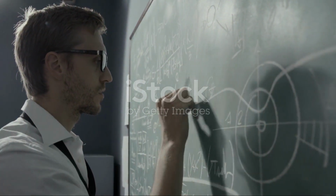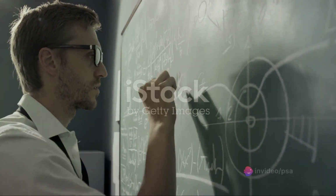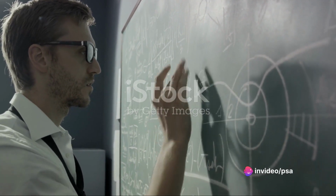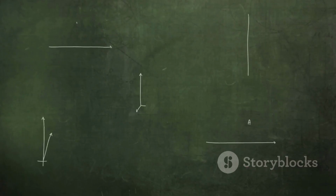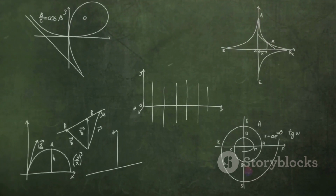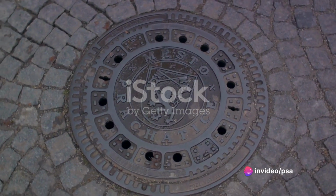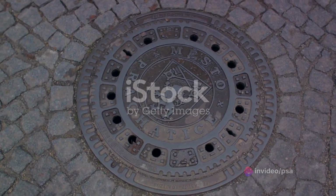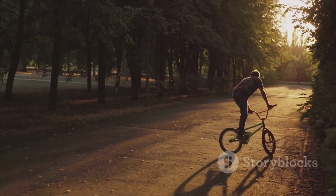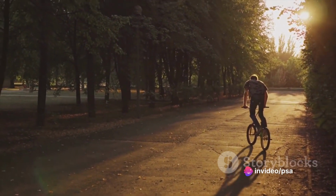It's about seeing the world in a new light, discovering connections where none seem to exist, and finding beauty in the most unexpected places. From the coins in your pocket, to the manhole covers on your street, and even to the wheels of your bicycle, mathematics is seamlessly woven into the fabric of our daily lives. It's hidden in plain sight, silently shaping the world around us. Today, we'll explore the math behind manhole covers, coins and bicycle wheels. Intrigued? You should be. Let's embark on this journey of discovery together and see where the magic of mathematics can